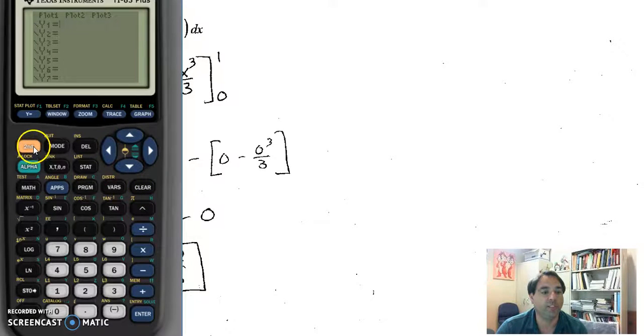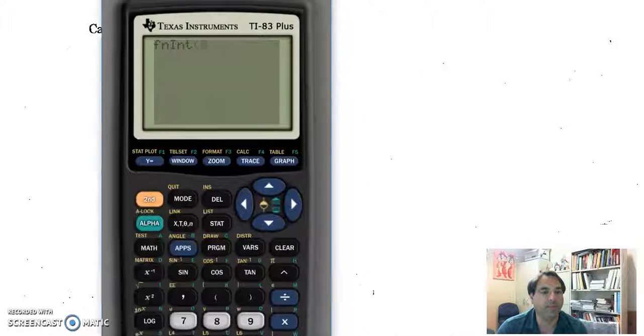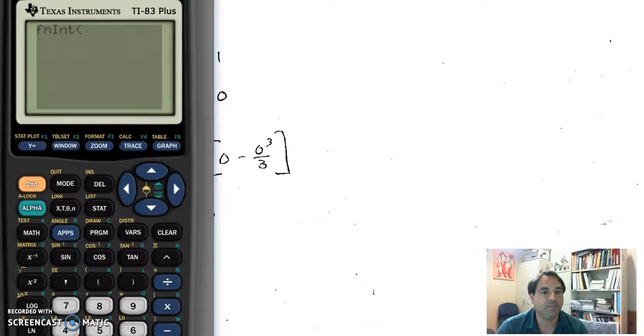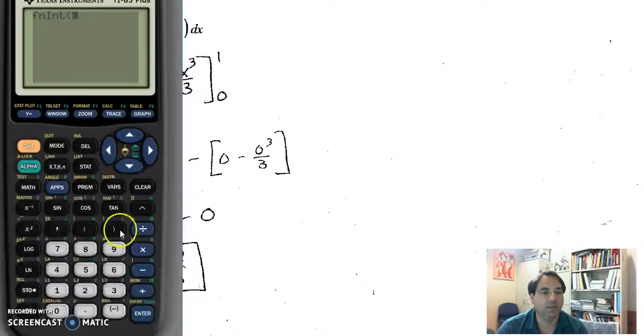Actually, let's start at the home screen. So we do second mode from the home screen. We have a nice clean calculator. We hit math, number 9 for integral. Then we type in the equation. In this case, it's 1 minus x squared. So it would be 1 minus x squared, comma, x, to say it's with respect to x, comma, lower number 0, comma, upper number